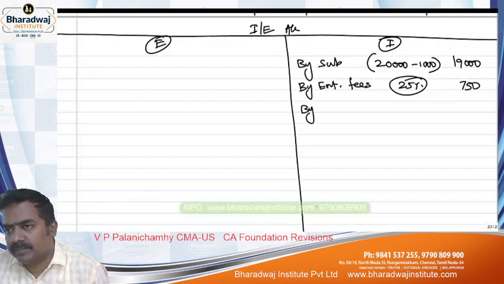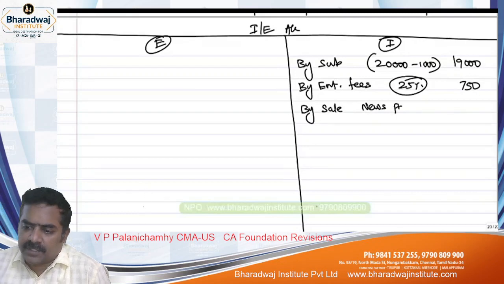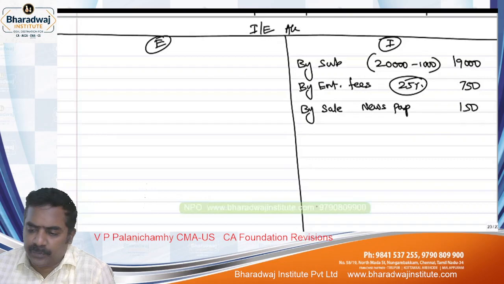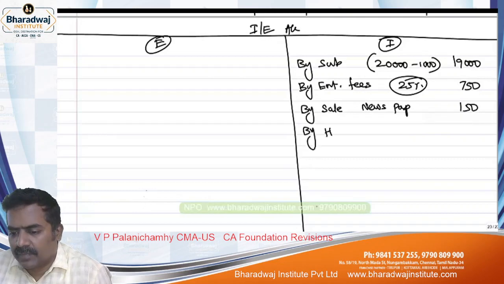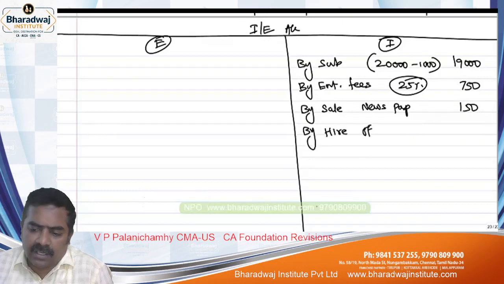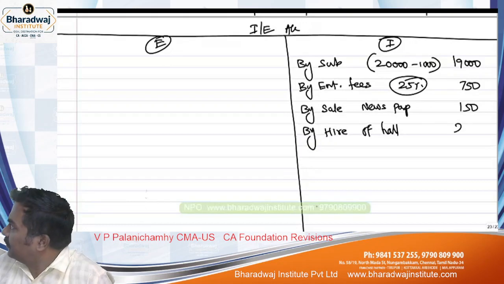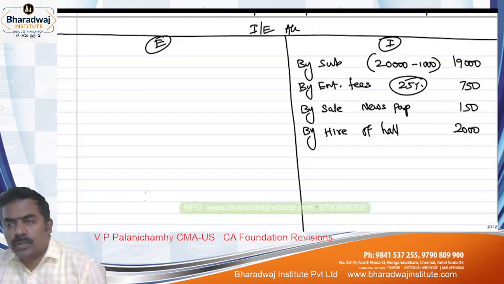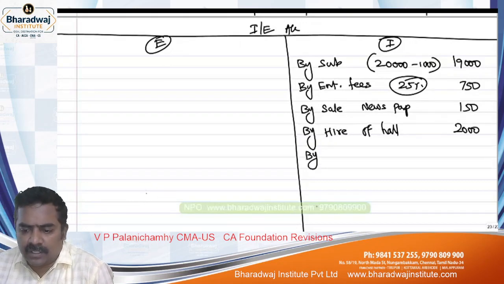Then sale of newspapers. See how much sale of newspapers is there. 150. Sale of scrap. Then hire of lecture hall. What is hire of lecture hall? 2,000. Hire of lecture hall 2,000. Then